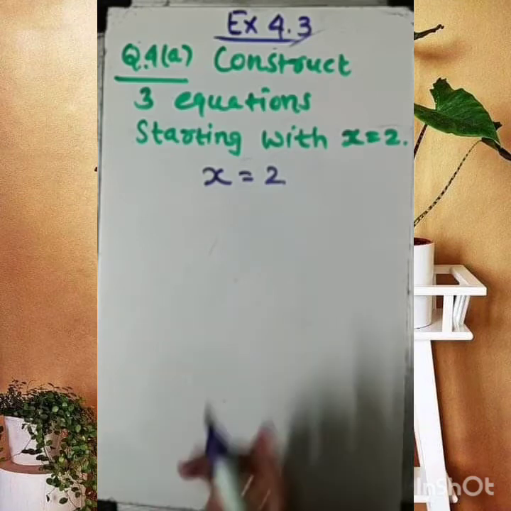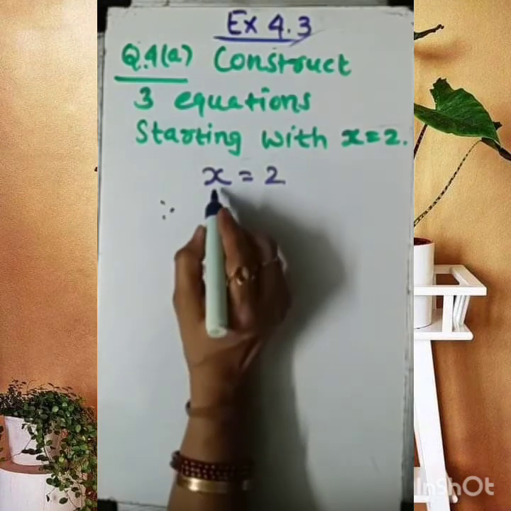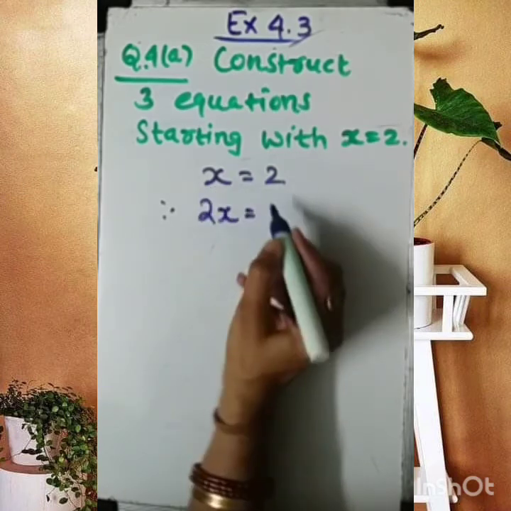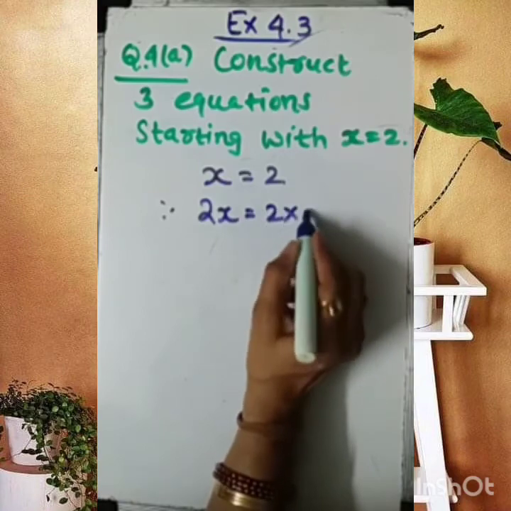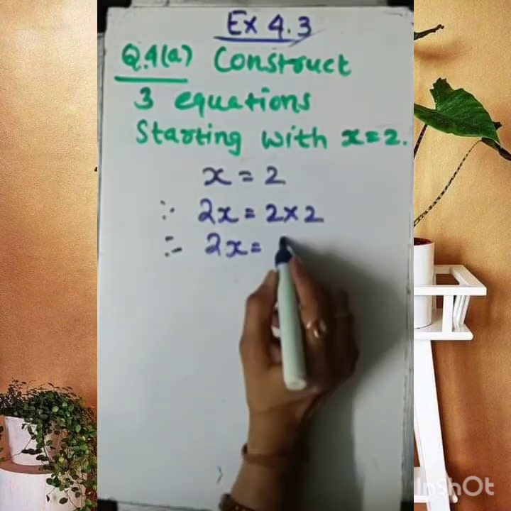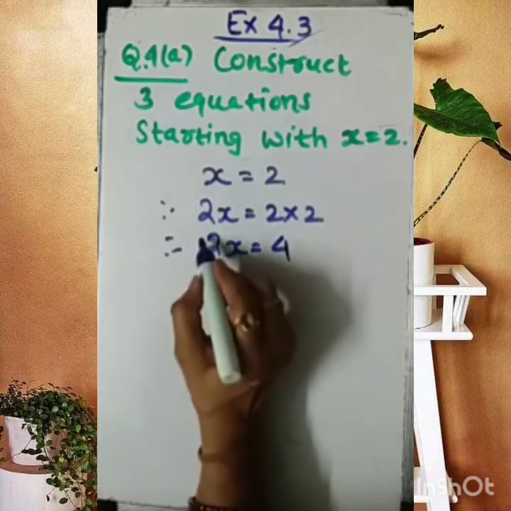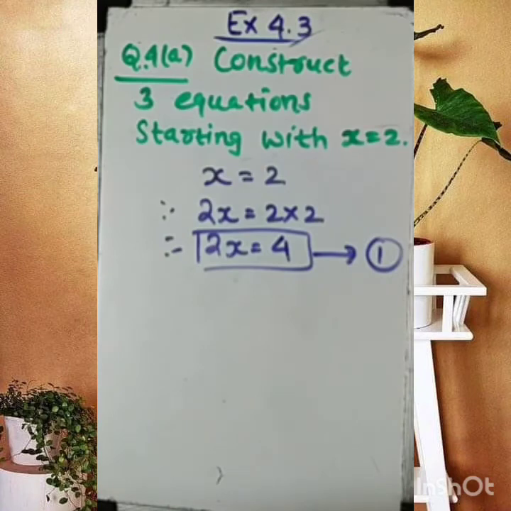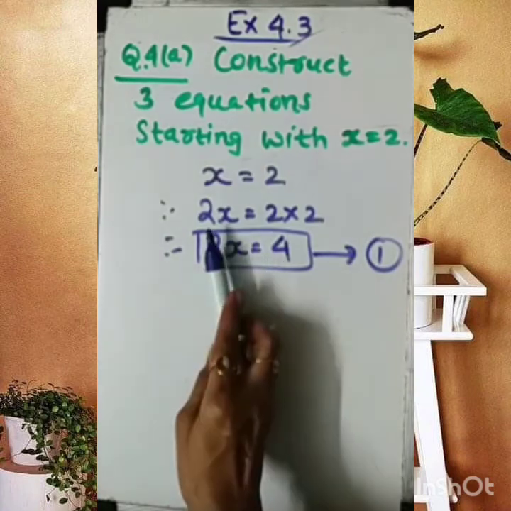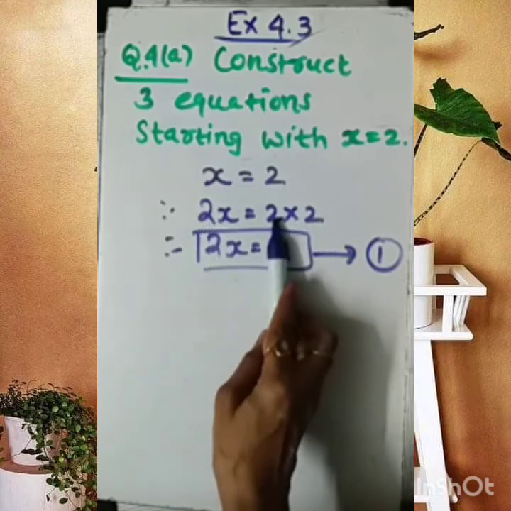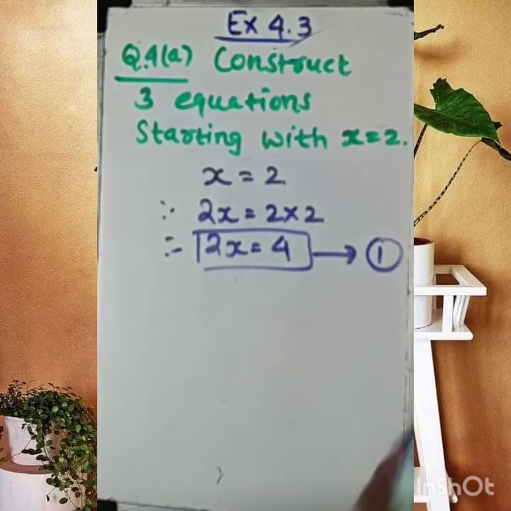Okay, so very simple. If I am asking you to multiply this x with 2, then I need to multiply this side also with 2. So our equation will become 2x equal to 2 twos are 4. So this is the first equation. What I have done, look at your screen. If I want to multiply this with 5, then also no problem. 5 twos are 10. That is also one of the equations.